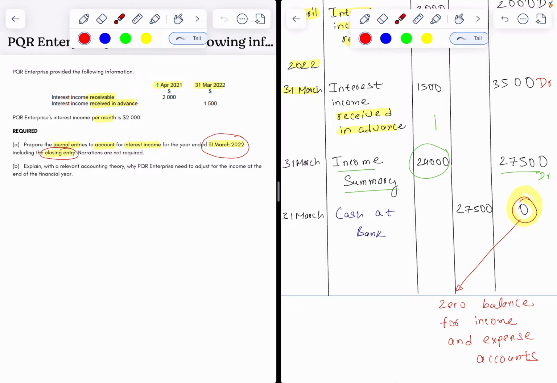Now, we already understand that at the end of the year, we have received cash, and we have actually received excess cash in advance, which is $1,500. That means we have definitely received the cash, which refers to the total income that we have actually earned for the entire year. Right? 100% we have received that. Therefore, it's logical for us to assume that the other journal entry would be relevant to the bank or the cash at bank account entry to record all the income that we have received in our bank account in the